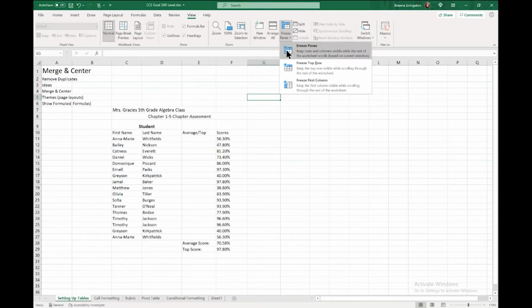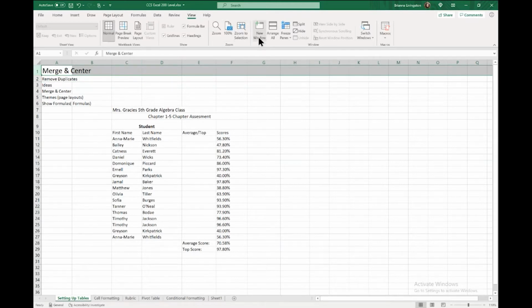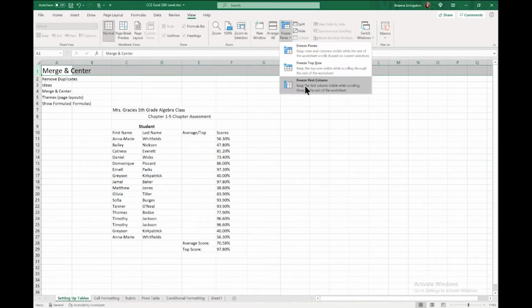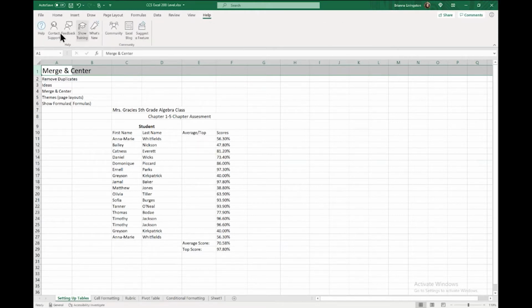And there's a couple of different things. Freeze Panes will freeze the rows and the columns. Freeze the top row will just freeze the first line under your columns, if you even have them. So it's going to freeze basically just this row, or this row. And then freeze columns, they're kind of calling these opposites because these are rows and these are columns, but vice versa. So that's what that does. Lots of stuff back here. And then, of course, Help.